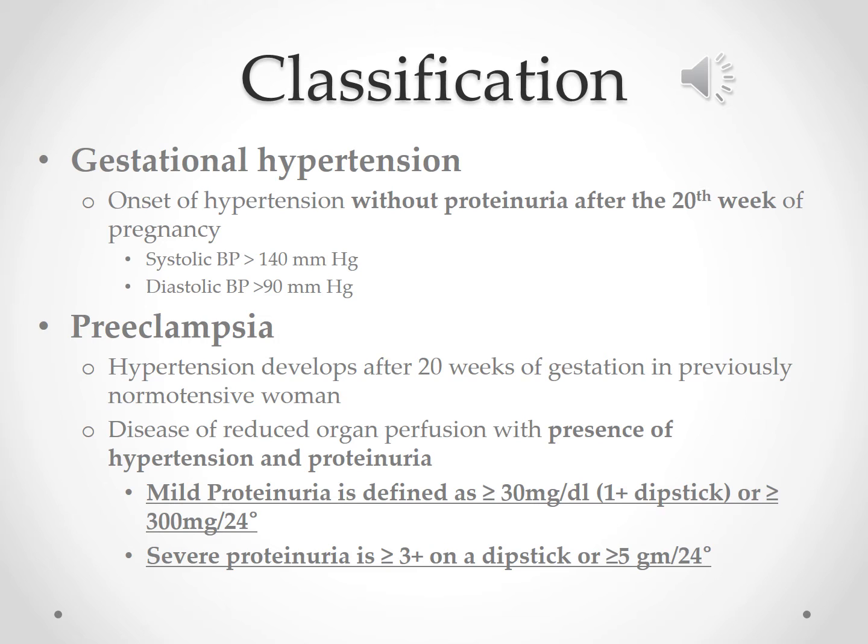Now, preeclampsia is the hypertension after 20 weeks, so the gestational hypertension. However, you're going to have protein involved with it. So she'll start spilling protein in the urine after 20 weeks of pregnancy. There's mild preeclampsia and severe preeclampsia. And one of the big things that they look at to differentiate between the two is going to be the